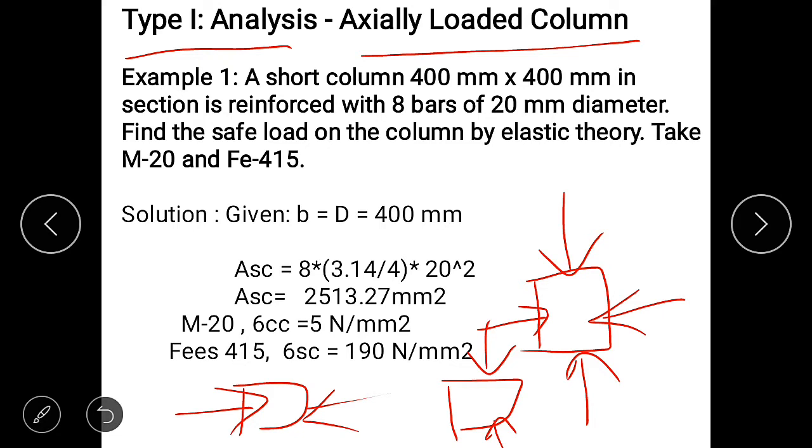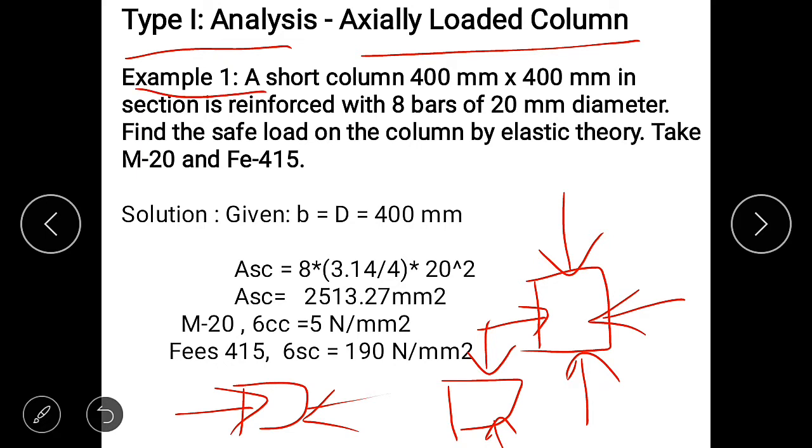It means if the column is located centrally, an interior column, it is called an axially loaded column, and with load in the x or y direction, this column is also called an axially loaded column. Okay, now we are going to solve one example of an axially loaded column.